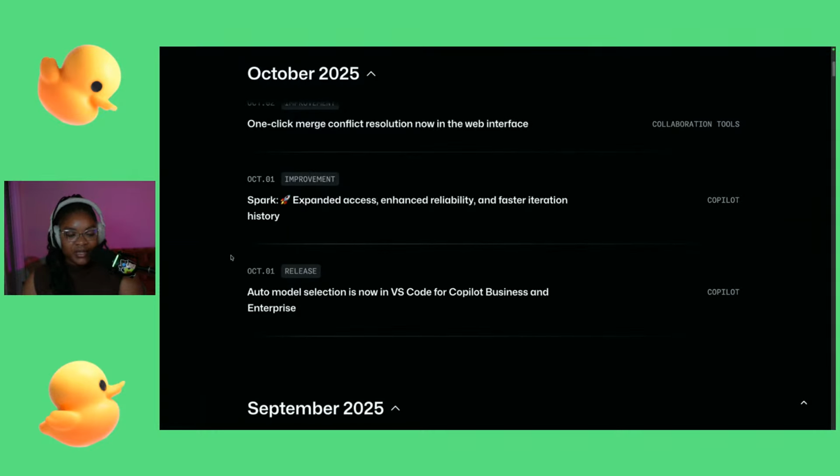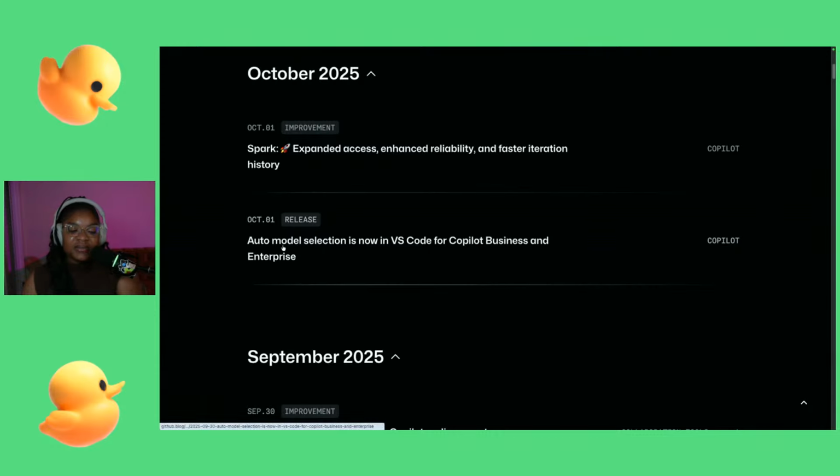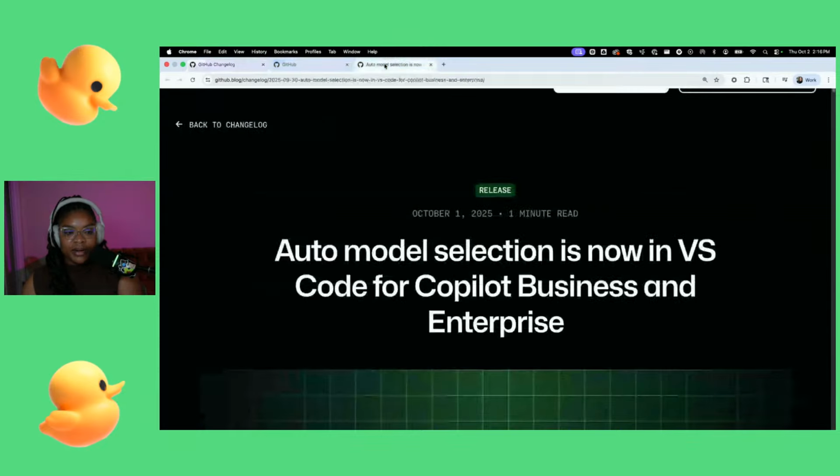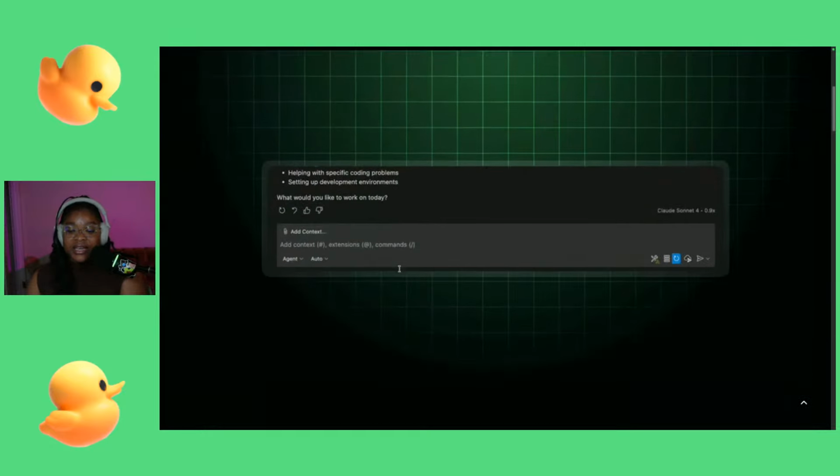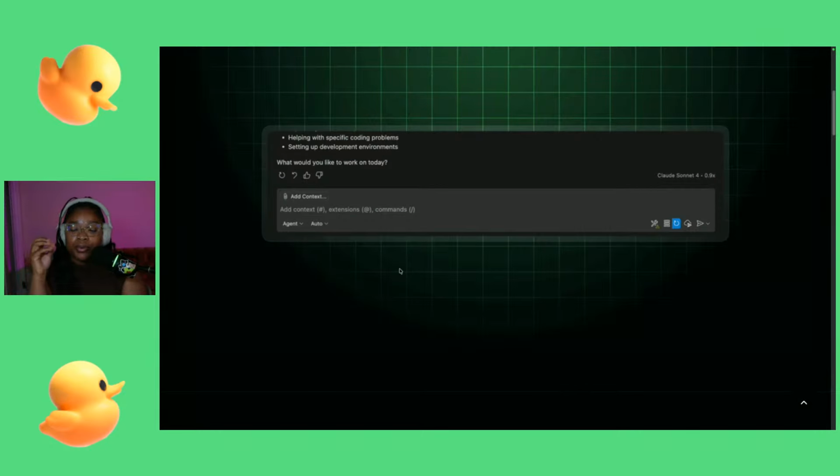We had some improvements to Spark. This is the one I was trying to do last week, but I just couldn't get it to work, but hopefully I can show it off to you today. So auto model selection is now in VS Code for Copilot Business and Enterprise. This means based on your prompt, GitHub Copilot will choose a model to address that issue.